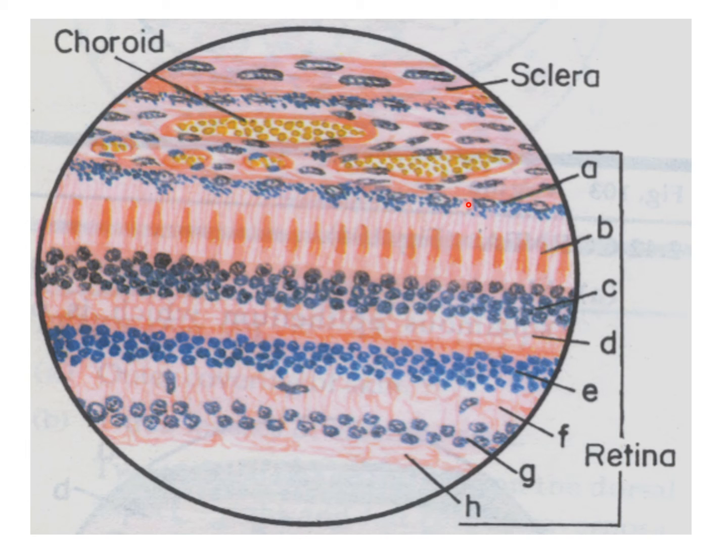So A indicates the pigment cell layer, B indicates the layer of rods and cones, then the outer limiting membrane, then C indicates the